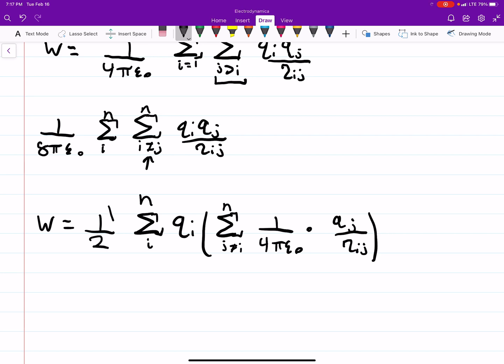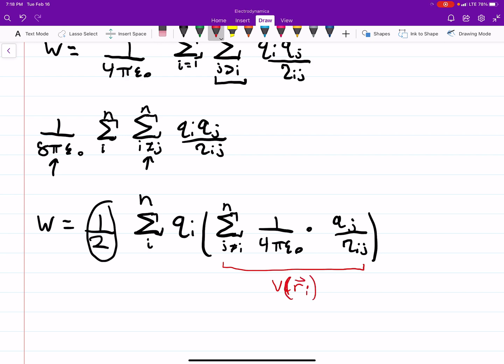So the 1/2 is now here, which left me with the 4 pi, which I then just distributed, and I have the q_i right here. So that's all that is. Now, why did we do this? That's because this is just V, our potential,